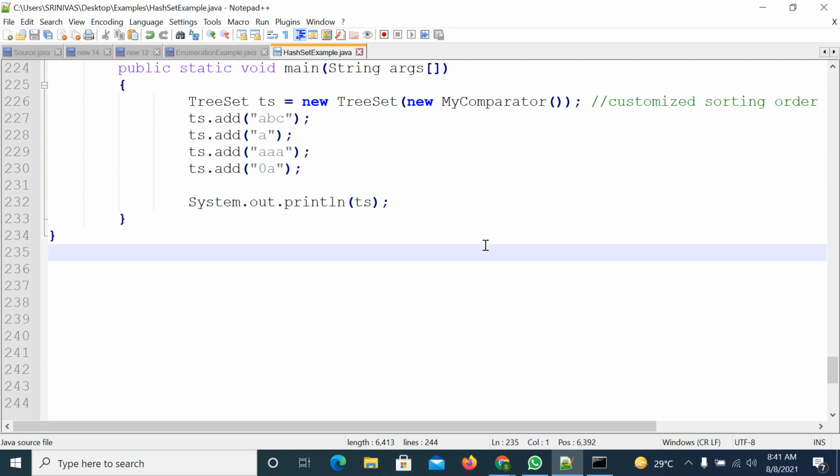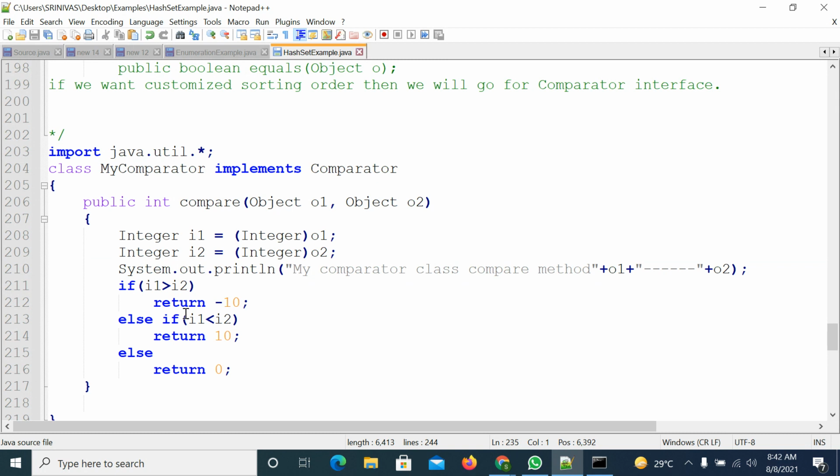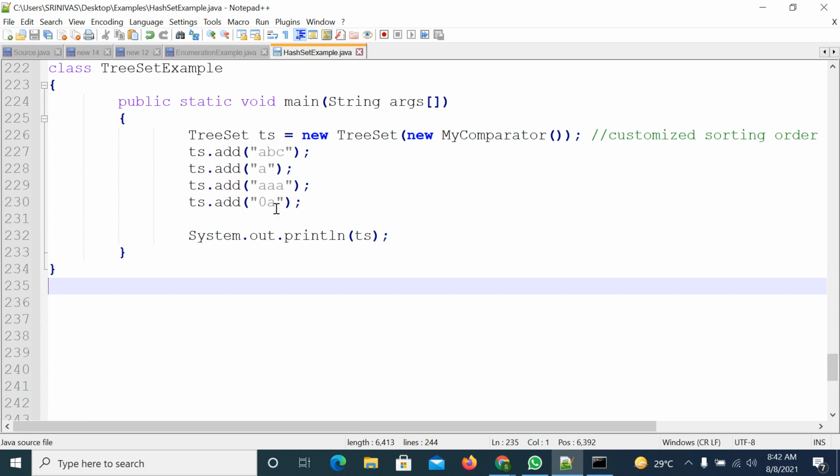So in this case, what will happen? In the earlier case, numbers were there, so you compared with greater than and less than and arranged them in a sorting order. But now I have strings, or better, you can take the string buffer type. We will try with the string type, then we will try with the string buffer type. If you want to arrange the strings in a sorting order like a dictionary order, how will you implement it?